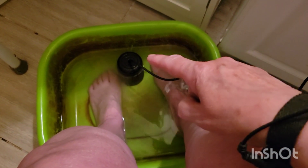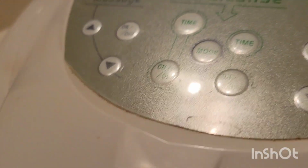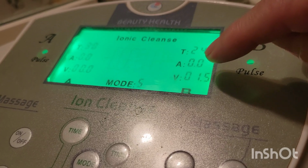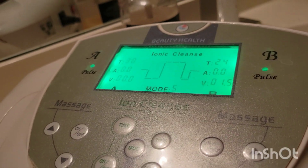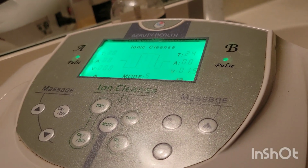But this is the array that you put in. It's connected to the machine. I'm connected to the machine with a wristband. And this is where, up here, we want to get to a 1.5 minimum setting. So as I swish the water around,